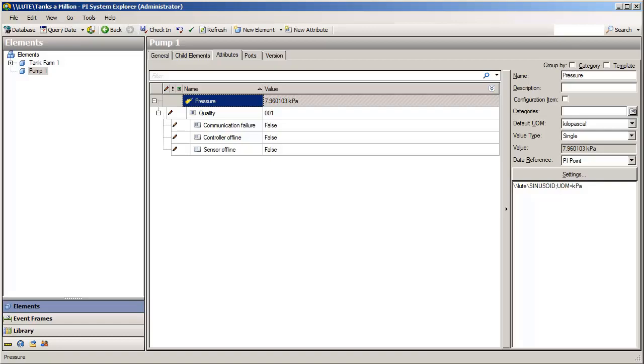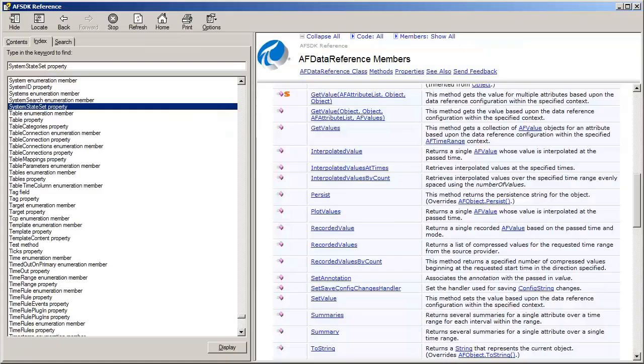So in that case, if I were writing the PI Point data reference, I would need to implement a different call to getValues, where I contact my foreign system, I get a bunch of values, and do something with them.